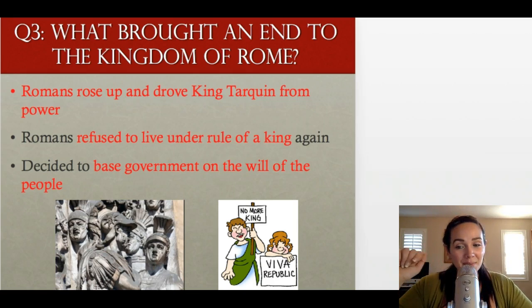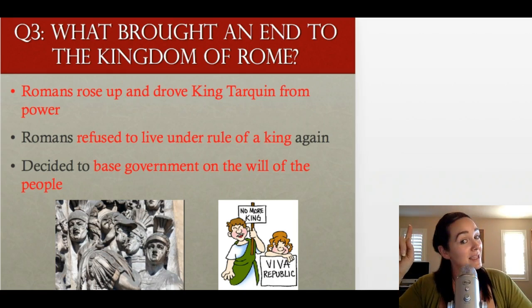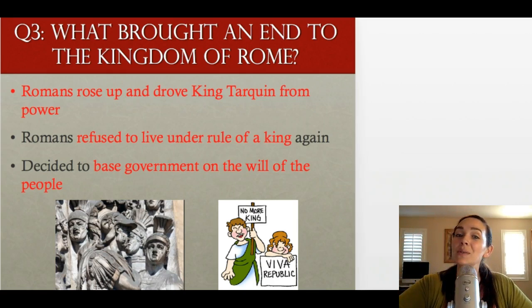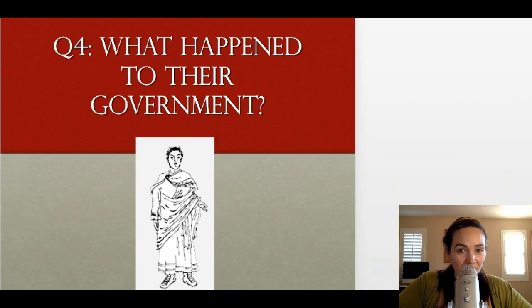If you write something down from the slide that is in red, make sure you are using your super duper important highlighter color, okay? All right, so